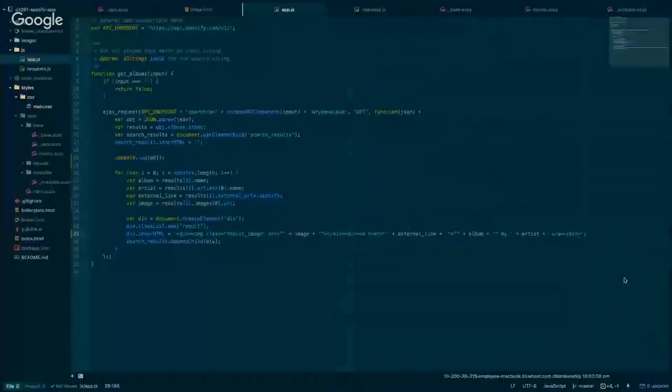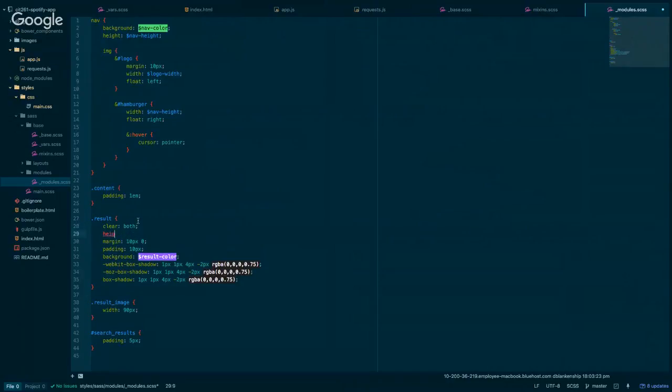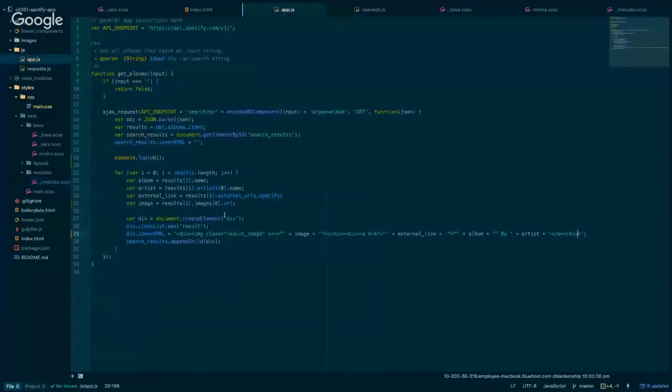So result, we'll try and record what we've got so far. So in modules here, we'll say result has got clear both on it. We'll say it has a set height of 100 px. And then we'll do, now we've got those two divs, but we don't have any class on them. So now we're going to play around with that a little bit. So this div we can call